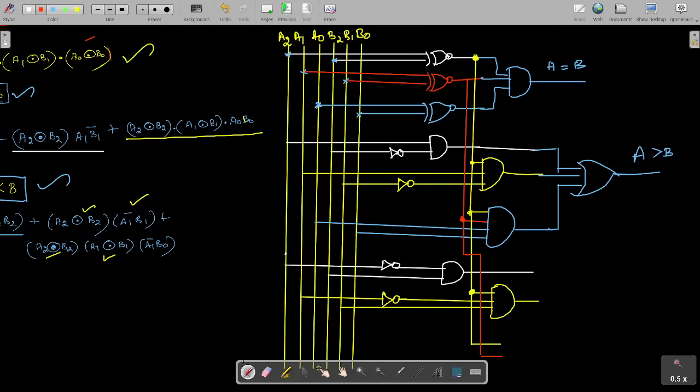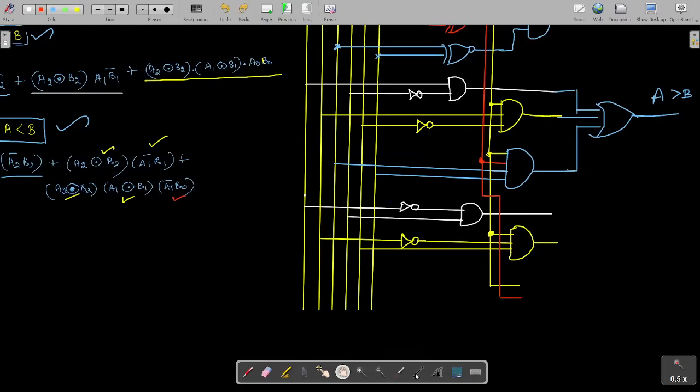Then the third term is A1 bar B0 we have to implement. A1 bar, so I take the connection from here. So that must be A0 bar, right? Should be A0 bar, not A1 bar. A0 bar and then B0.